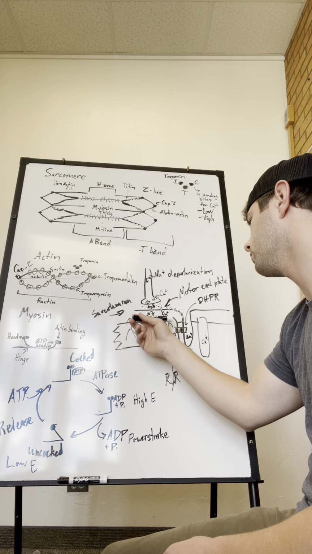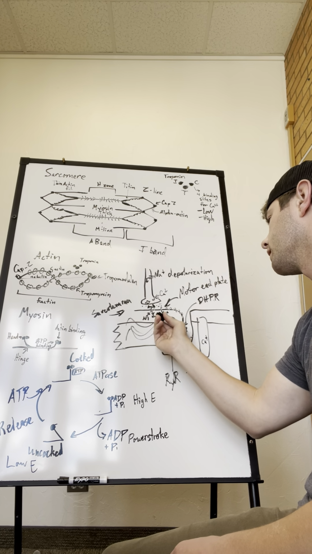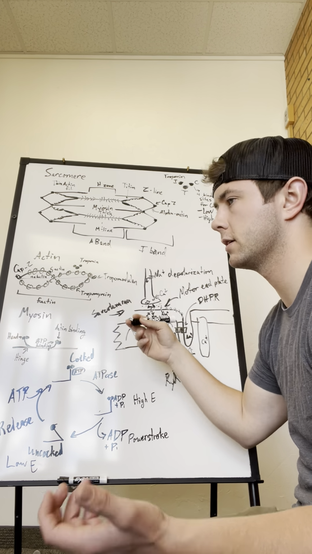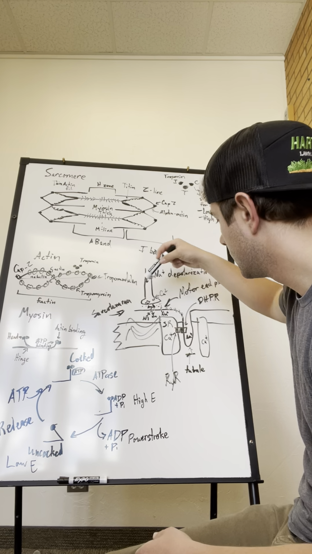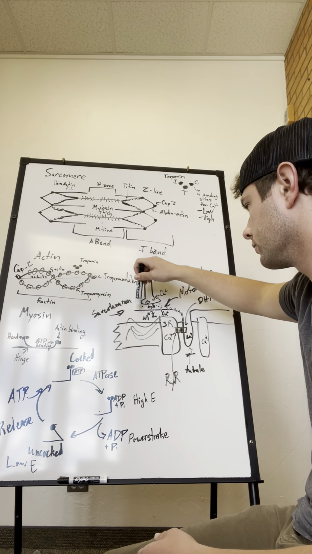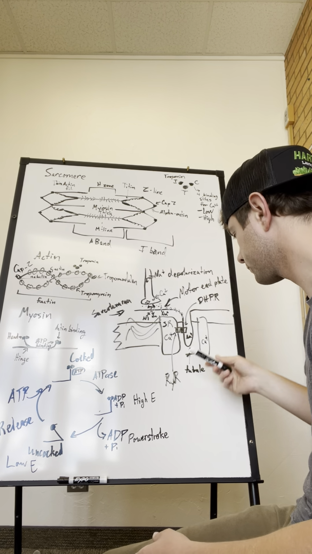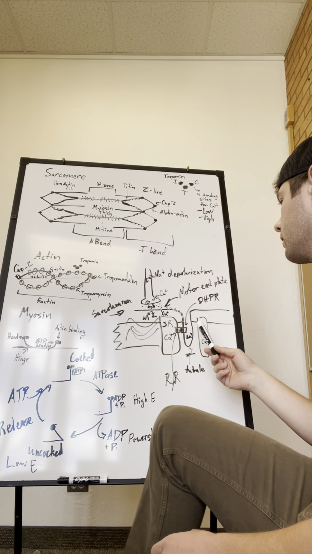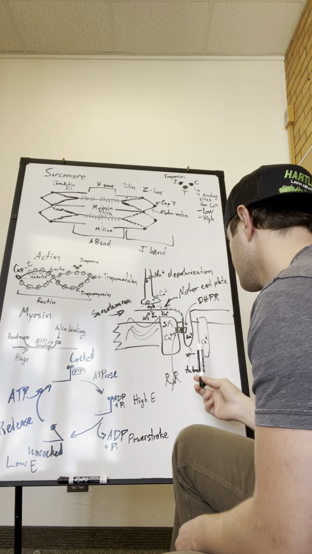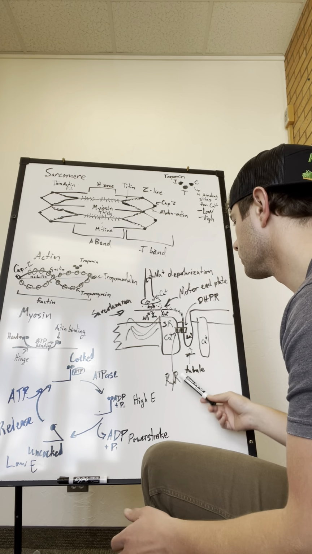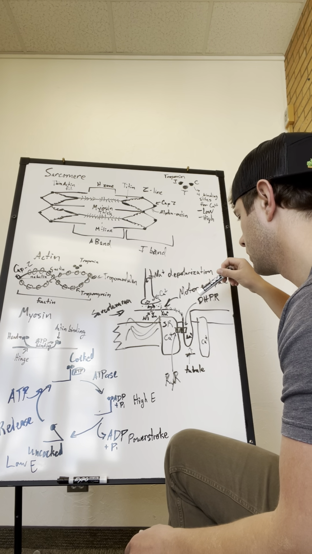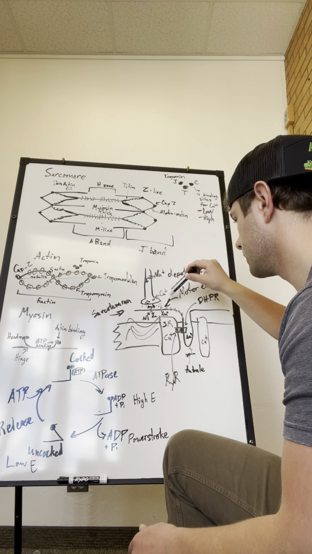As that depolarizes, you propagate and have more sodium and potassium ion channels opening, so your action potential travels down the sarcolemma membrane. Part of the sarcolemma membrane has its T-tubules, and these are invaginations that allow this action potential